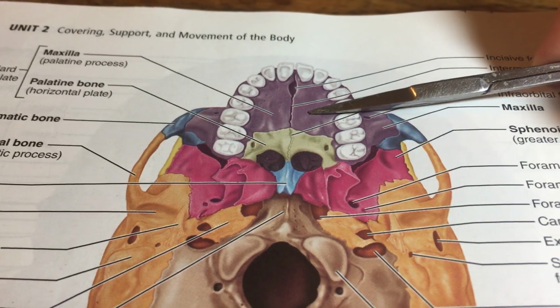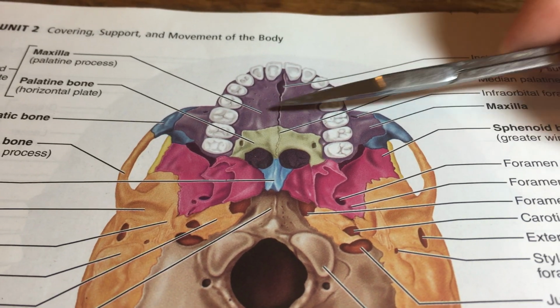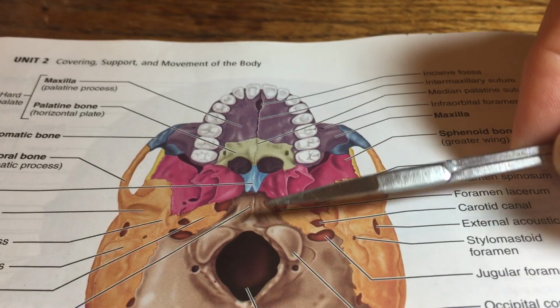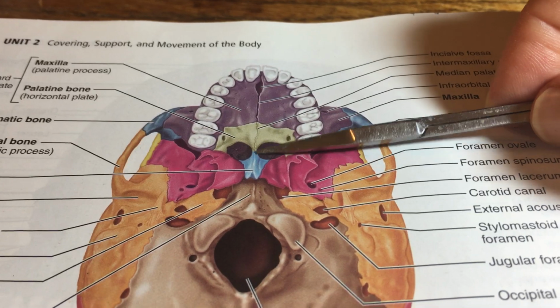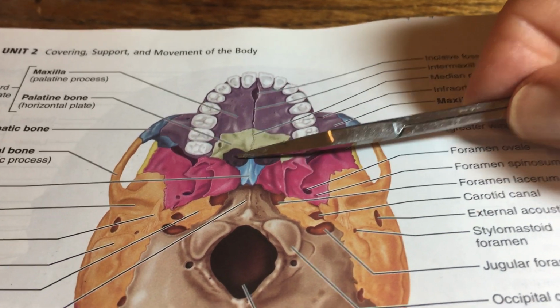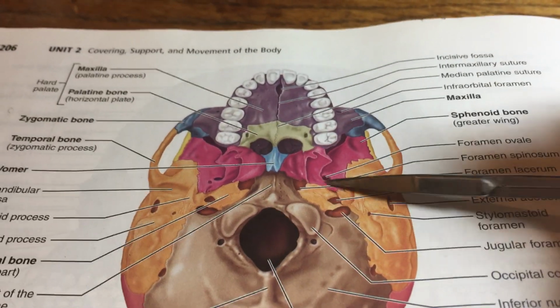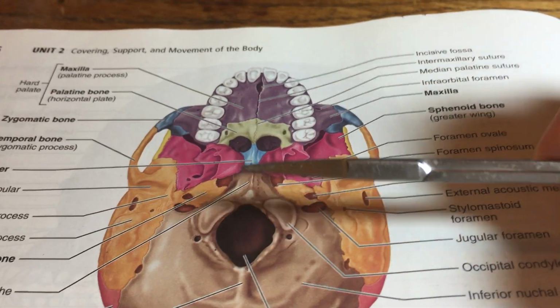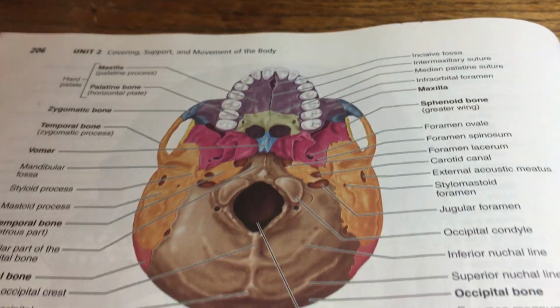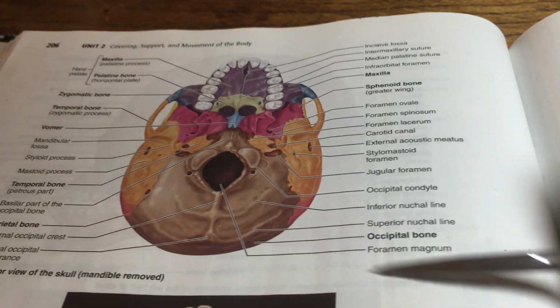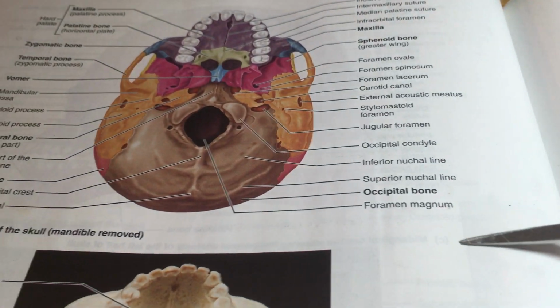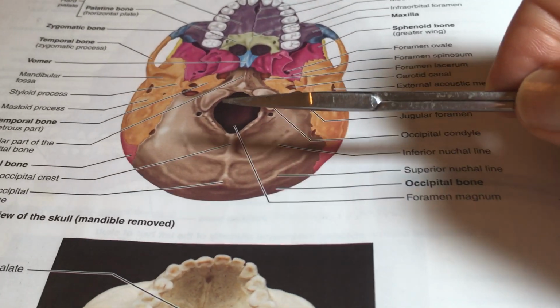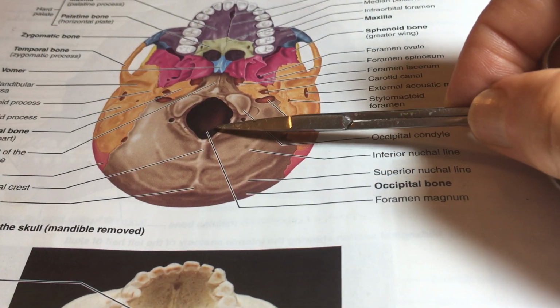And now we can get a good look at the palate, and it has 4 bones. Okay, and then here's that separation between the two sides of the nasal cavity. Here's the central view of the sphenoid bone touching all of these other bones, as you can see. Okay, this big opening here is called the foramen magnum, and it has the spinal cord reaching up into the